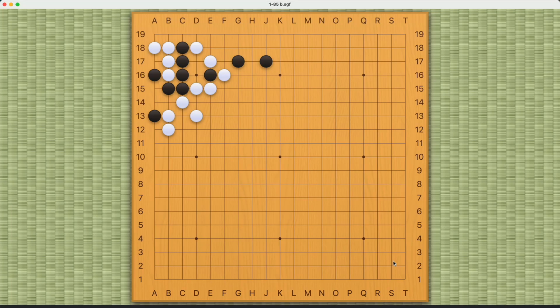Black's objective here is to make a living shape, and the result will be very, very interesting. So the first move will have to be right here. This is threatening to connect back. White must play on the outside. Otherwise, black can cut here first, forcing white to capture, and this becomes a connection problem for black, which I